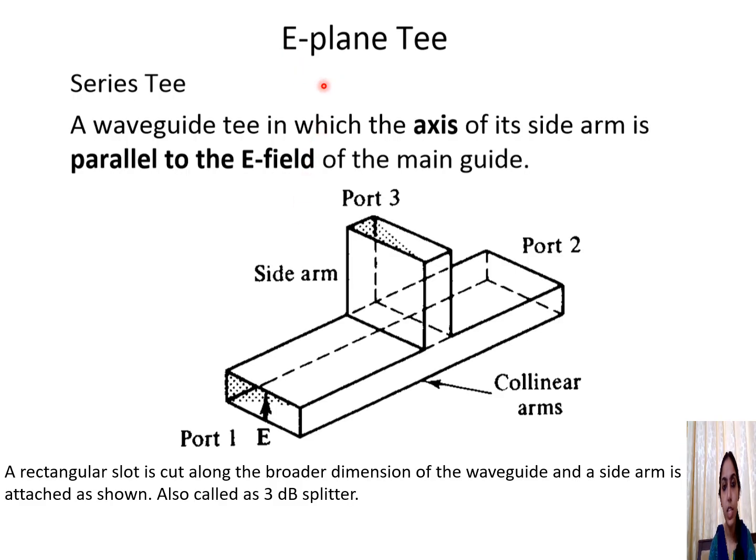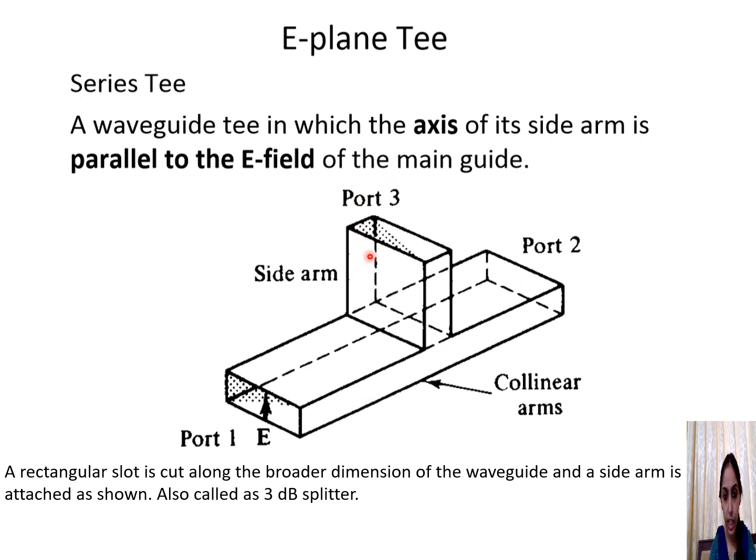So first we will see about an E-plane T. An E-plane T is a series junction which is symmetrical about the central arm. Here we have 3 independent ports. This is port 1 and port 2, which are the collinear arms. Why are they called collinear arms? Because as you can observe from the figure, port 1 and port 2 are in the same plane. So there are 2 collinear arms, port 1 and port 2, to which we attach port 3.